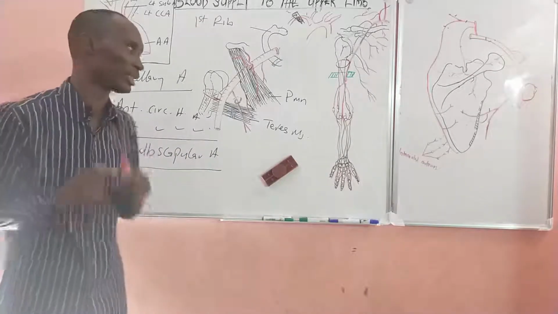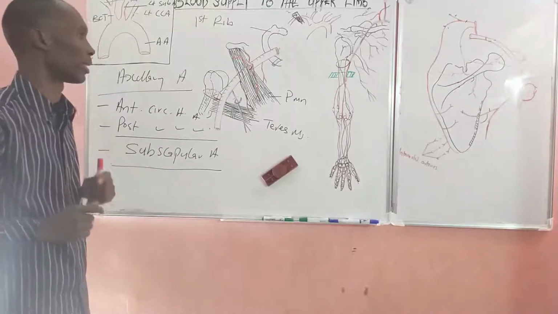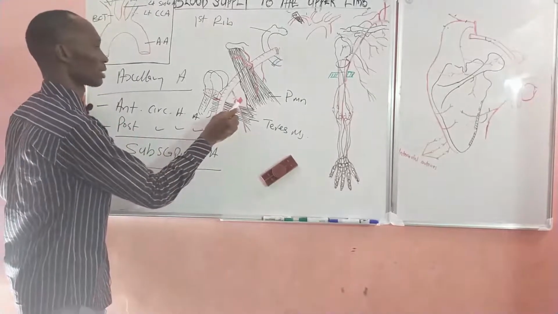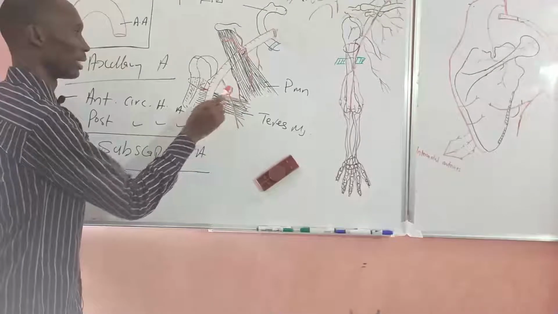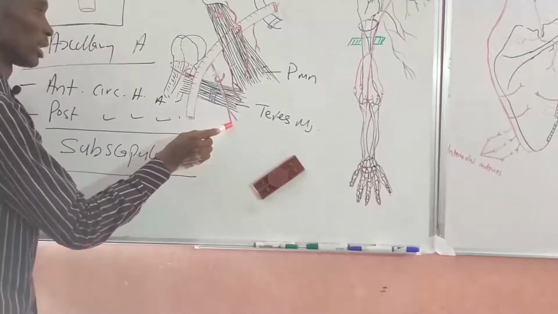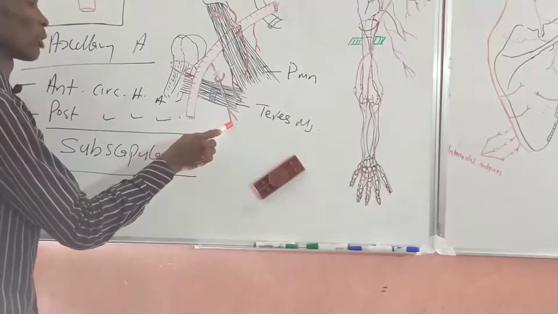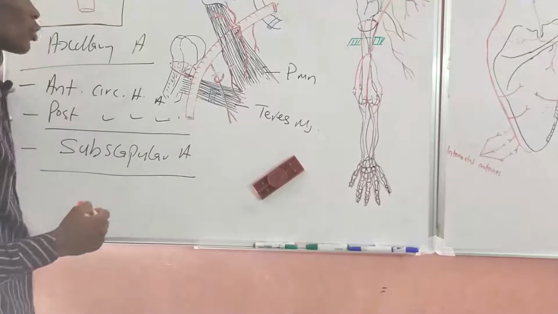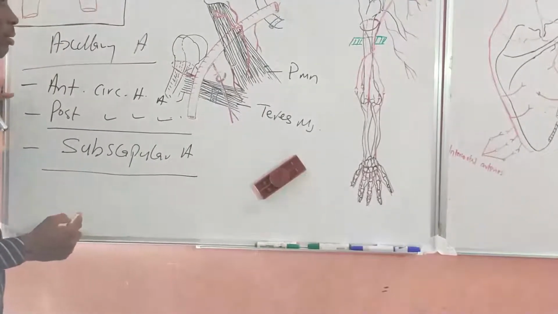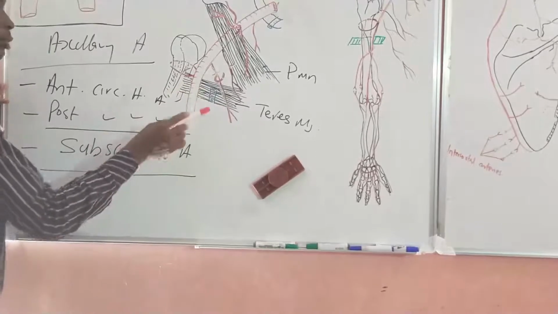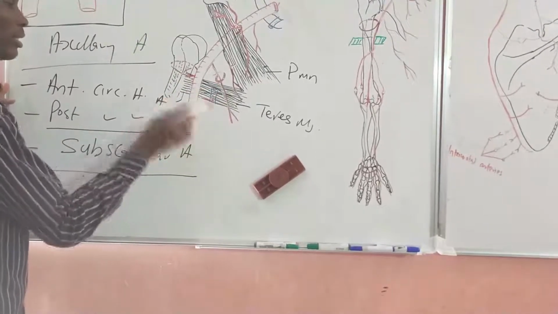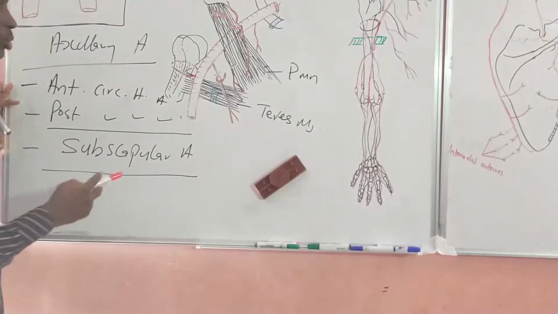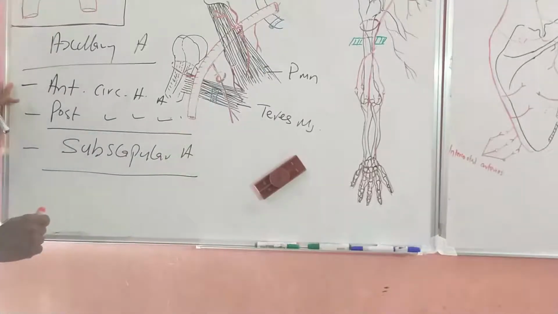While it does that, it gives off its 2 terminal branches. These are those 2 terminal branches. The branch we have here, which is called the circumflex scapular artery, and then the branch that is going down towards the latissimus dorsi, which is called the thoracodorsal artery. These are the 2 terminal branches of the subscapular artery. Between these 2 terminal branches, the thoracodorsal artery runs as the distal continuation of the subscapular artery alongside the thoracodorsal nerve. It is also the smaller of the 2 terminal branches.